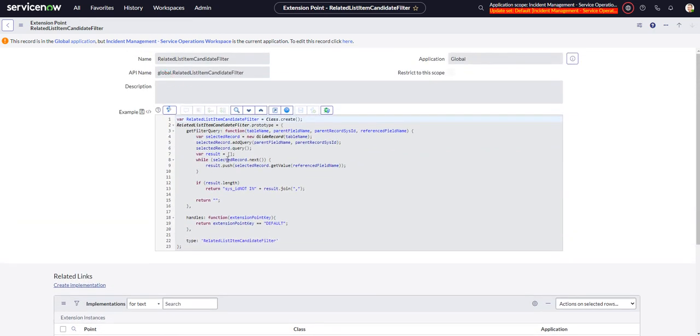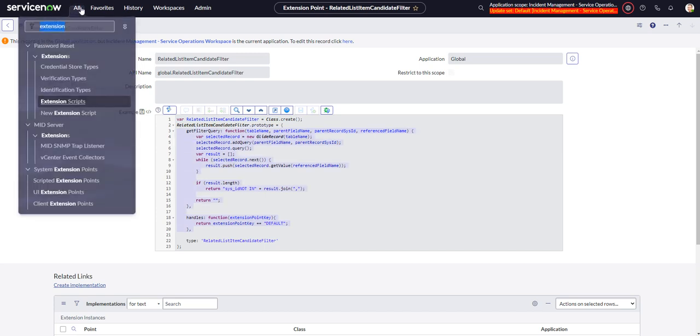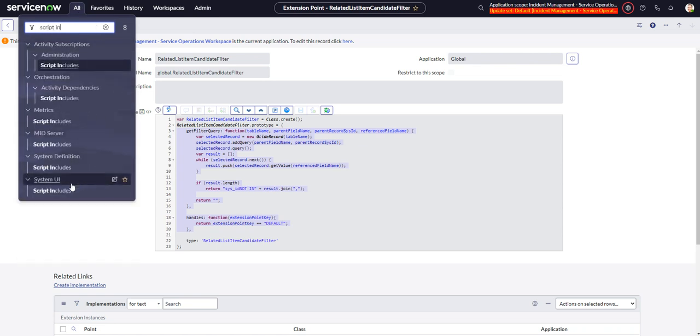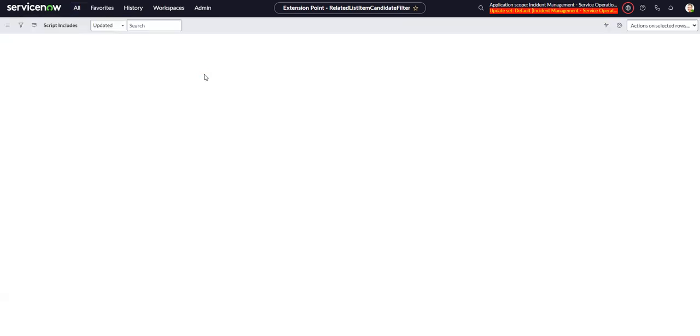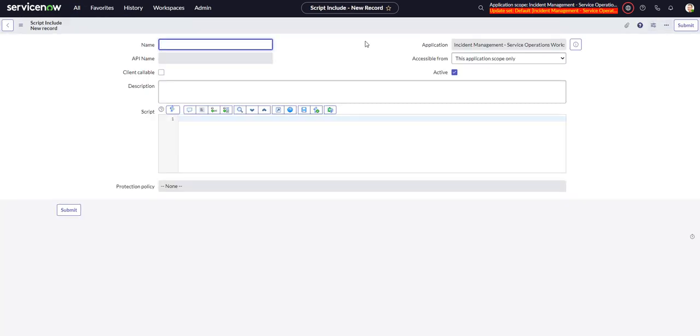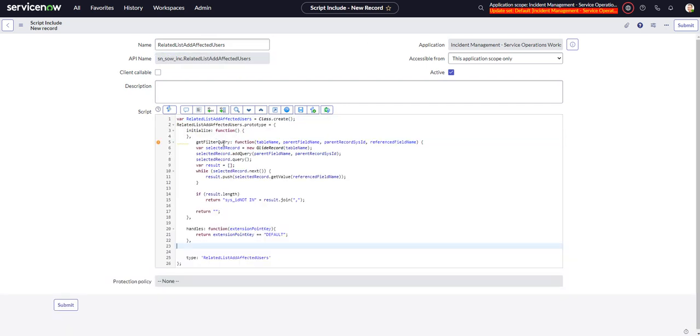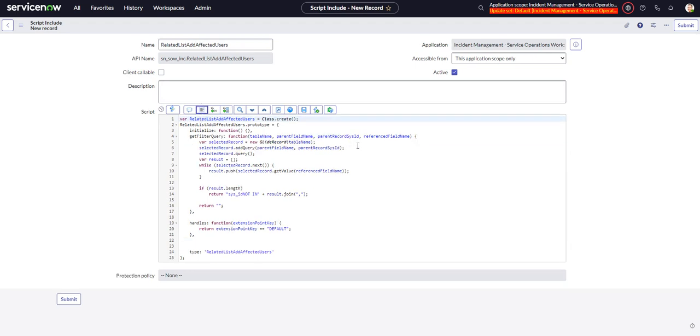So let's go ahead and copy this thing. Are we on the right thing here? Example, yeah. Let's copy this code. And then we're going to go create a script include. And we'll call this related list add affected users. We will paste our example code in there. And what we're looking for